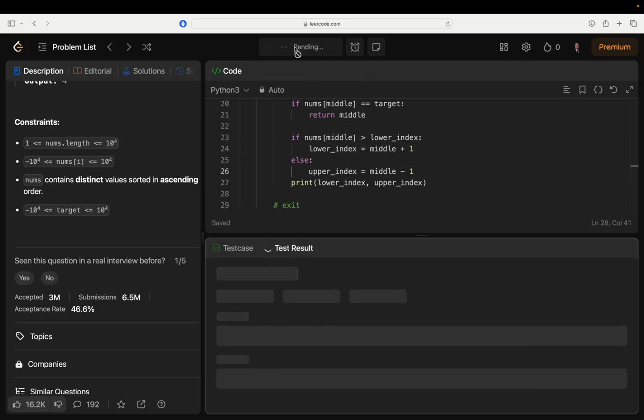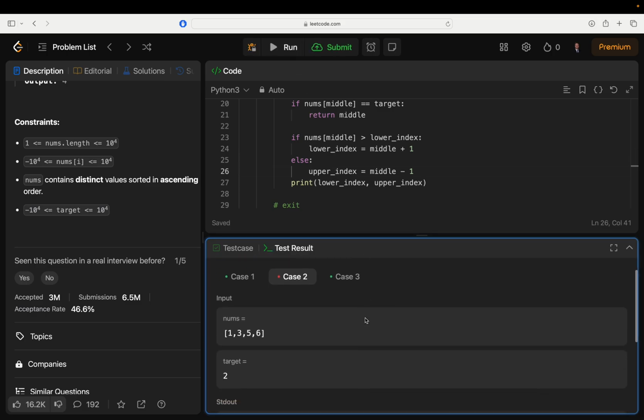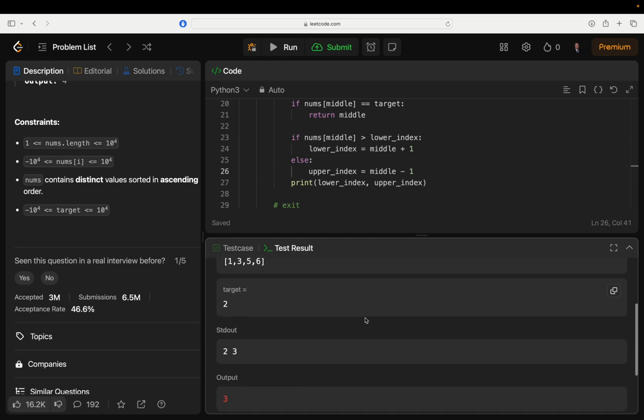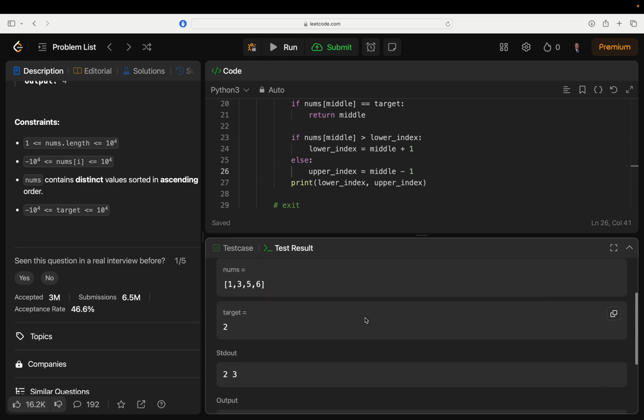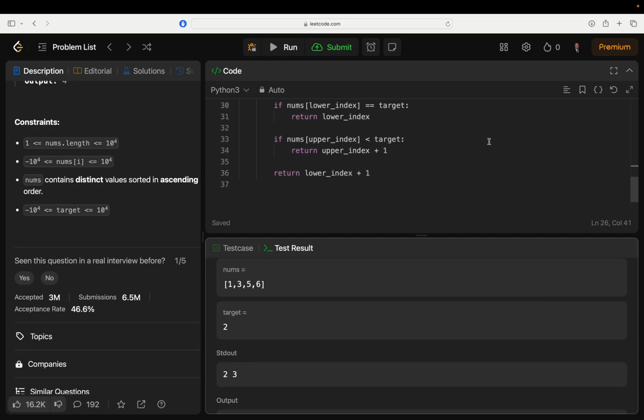Let's see if that works. Wrong answer. Okay. I'm totally forgetting how to do this. I'm gonna call this